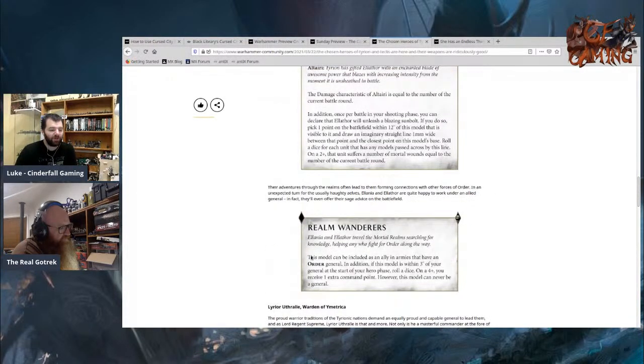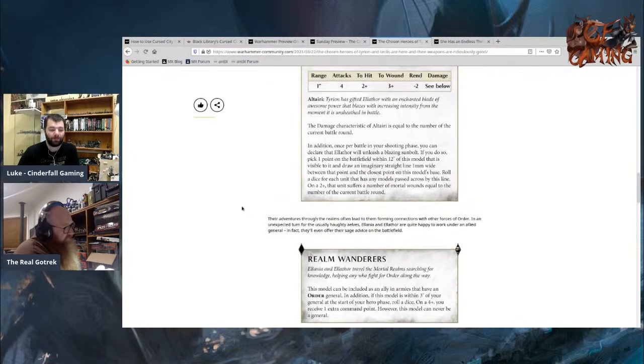So here's the Realm Wanderer's rule. The model can be included as an ally in armies that have an order general. In addition, if this model is within 3 inches of your general at the start of your hero phase, on a 4+, you receive an extra command point. So it's effectively like an Age of Sigmar adjutant. But how many points are they? Do we know yet? We don't know. If they're like 100 to 140 points, they will be appearing in a lot of armies. You'd think with a rule like that, they'd probably pump the points a bit, but they are new and improved, so...